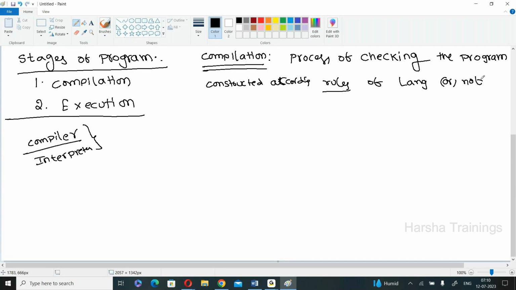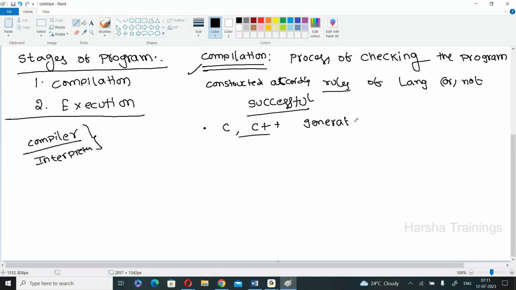Okay, so whether you are writing a program, whether your program satisfies all the predefined rules of the language or not, that is done in the compilation phase. For example, if your program satisfies all the rules and is perfect, there is no problem in your program. Assume there is no problem, that means the compilation is successful. What happened? Suppose you take either C or C++ programs,